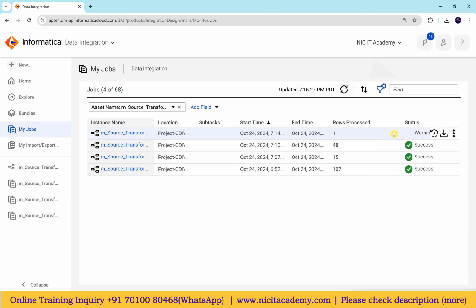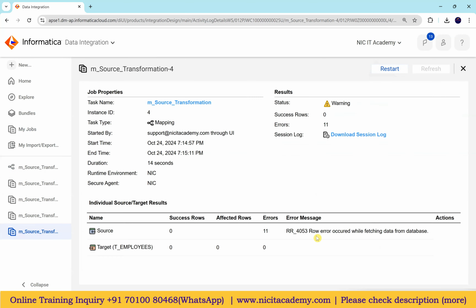I'll go to my jobs. Okay, we are getting some warning. We will check why it is warning. So row error, reader thread. Okay, reader thread, RR. So 11 records, we are getting some error. We will check. Always if you get this type of error, maybe the order of the,